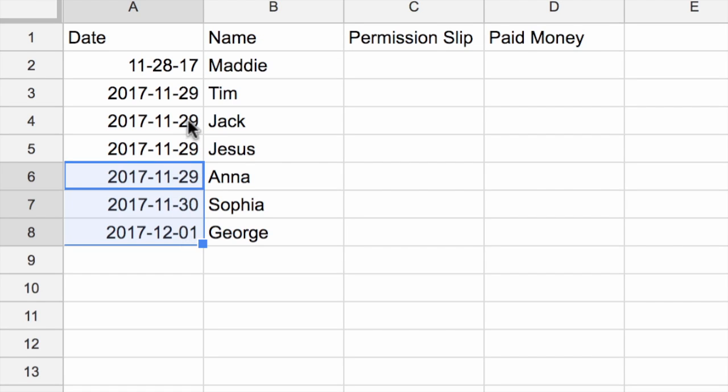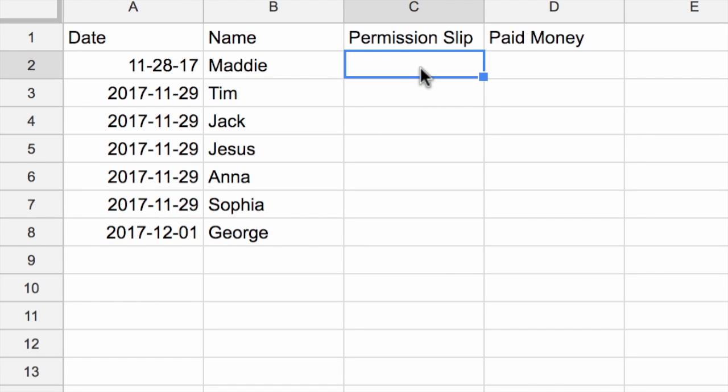So in this instance, if you wanted to say that all of these kids turned it in on the 29th, you're going to have to do your copy paste maneuver in order to get the exact same date. So you can't do that kind of data fill by dragging and dropping using this maneuver if you've got a data validation. So just be keeping that in mind. But